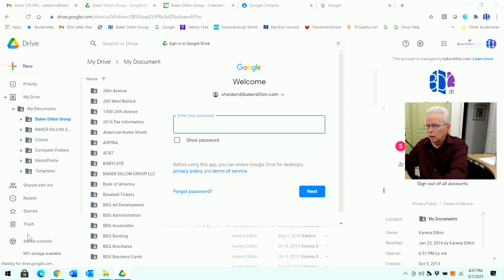I'm going to try logging into the account on one of my computers over here because I do not want to expose too much on the video. So the way I'm going to do that is open a different browser than what I'm logged into for my Google account